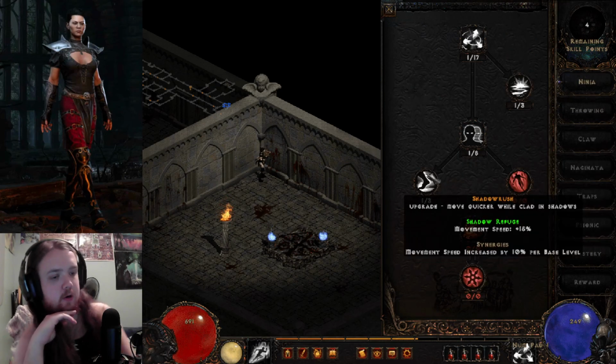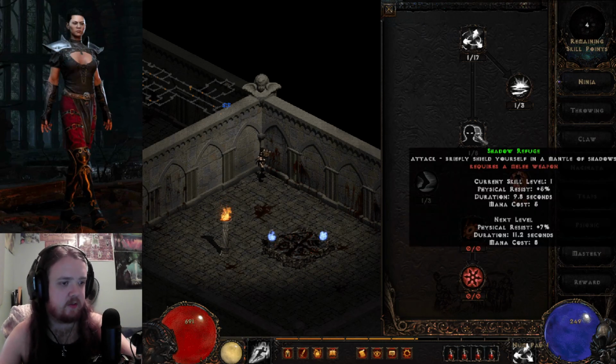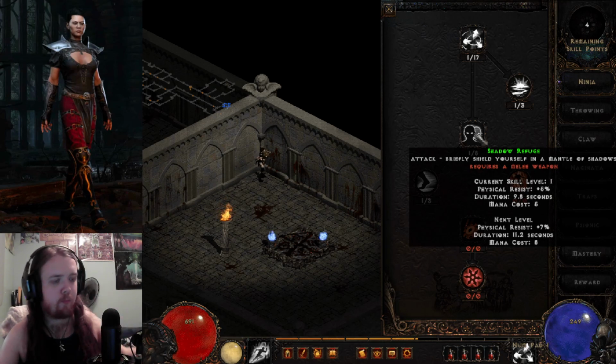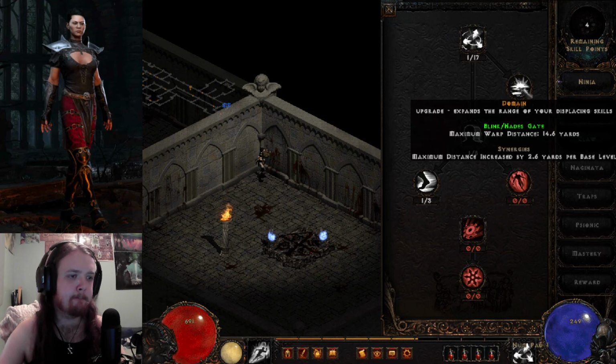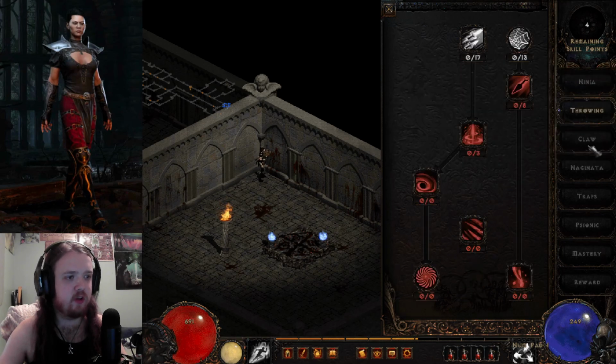Let's put a point in here for increased movement speed. The next level of this would increase the duration by, like, 1.4 seconds, which isn't too bad. This just does cooldown. Doesn't help with the stun at all, so...